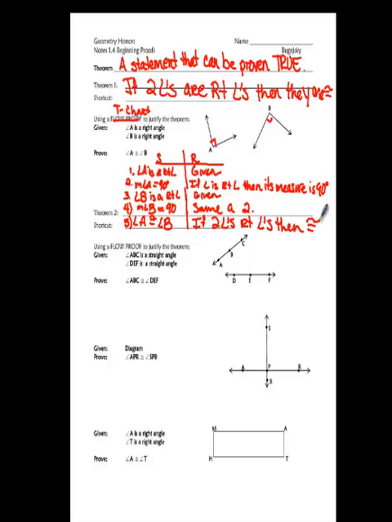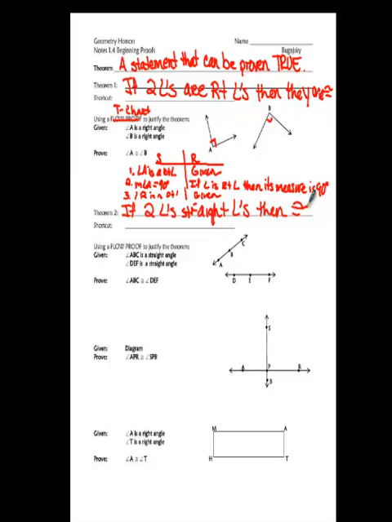Okay? So let's look at the second theorem that is actually introduced in this lesson. I'm going to erase some of this so that we can focus in on theorem 2. The second theorem that's introduced to us in our lesson today is theorem 2, and that theorem states that if two angles are straight angles, then they are congruent. I'm going to skip the shortcut because we discussed that in class today, but I am going to go right